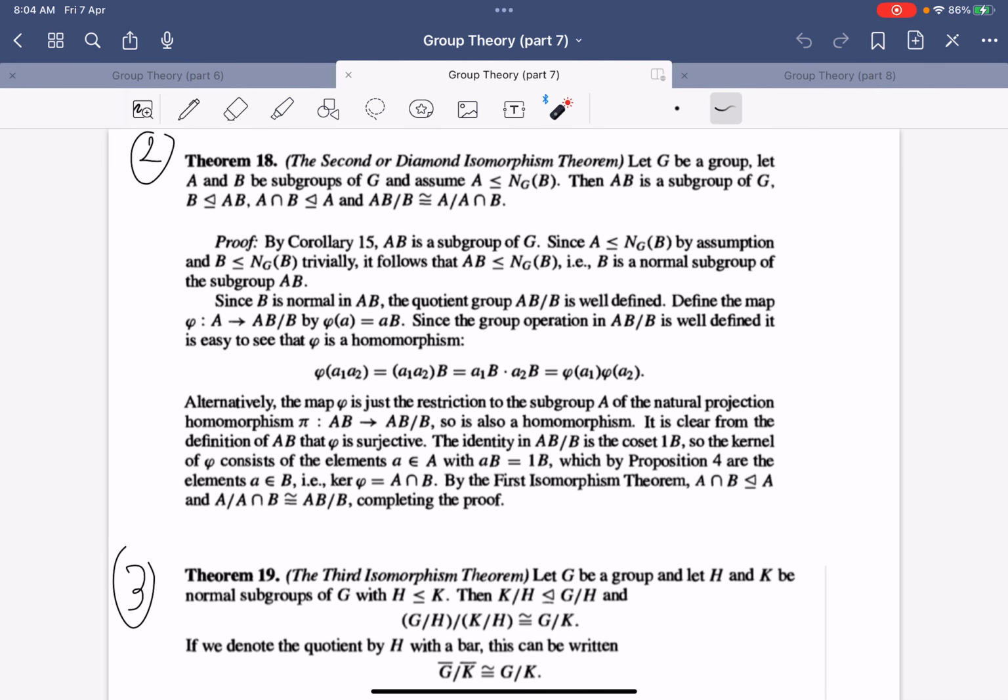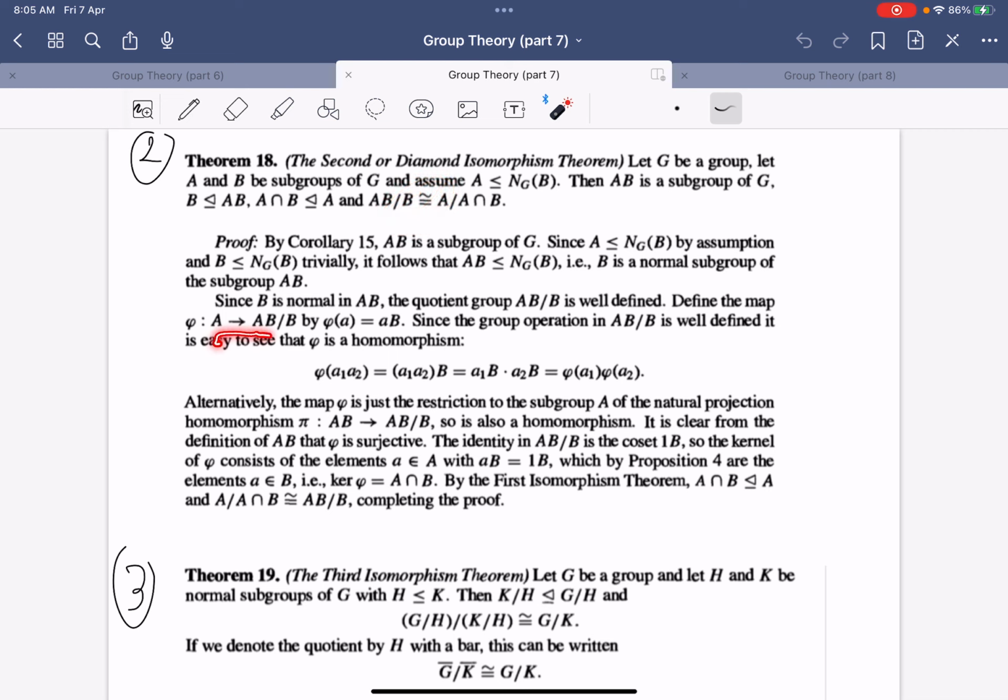So with the first isomorphism theorem down, we shall move on to the second isomorphism theorem. And it states that AB quotient of B will be isomorphic to A quotient of A intersect B. And really, you can just think of it in terms of the normalizer, and you just need to create a suitable map such that the quotient of this map